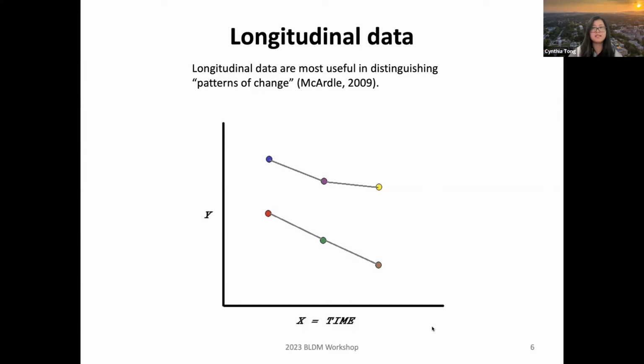show different patterns. For example, if the data were coming from two subjects who are like this, then we see that for one subject, Y increases as time increases, and for the other subject, Y decreases as time increases, right? And it is possible that for some cases, their scores just fluctuate up and down like this. But basically, longitudinal data make it possible to give us information about the patterns of change.